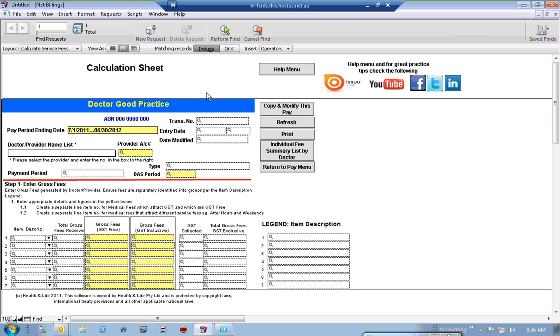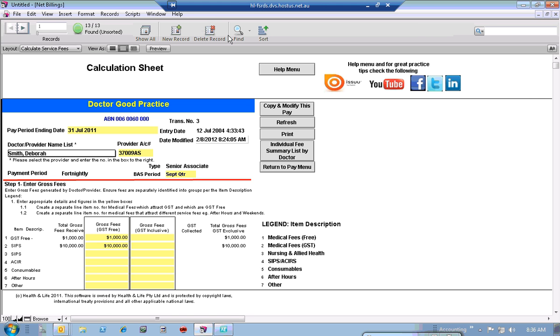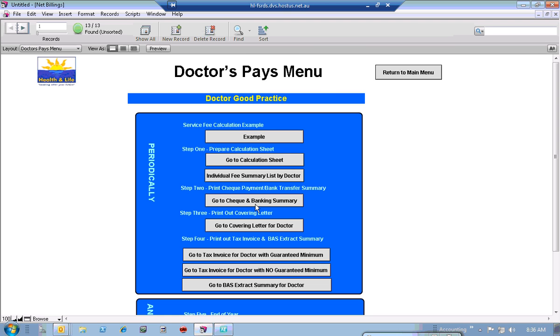Now again, because I want it to perform the find, you can either click Perform Find up there or press Enter on your keyboard. Just use the menu again. You've seen now that it's found 13 out of 13 records. What that means is every record in here relates to the 2012 financial year. And if we now go Return to Pay Menu, and you come into Tax Invoice for Doctor,